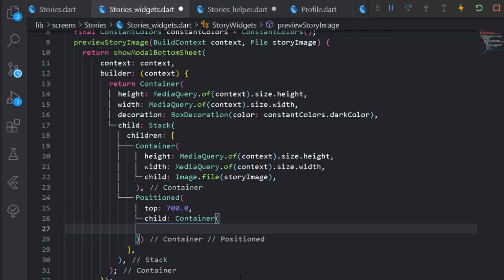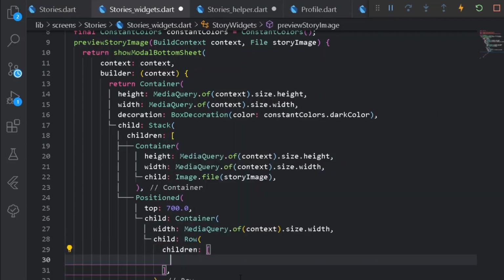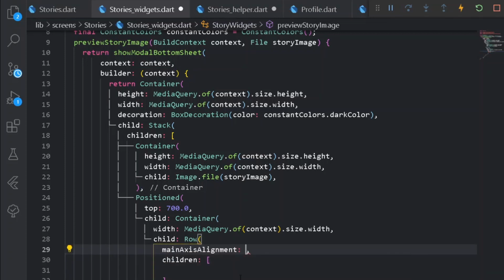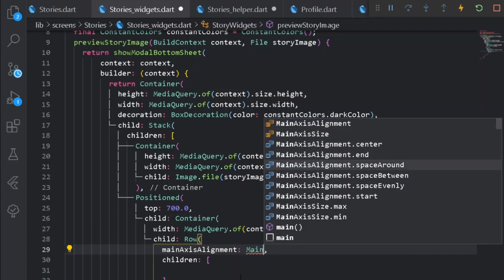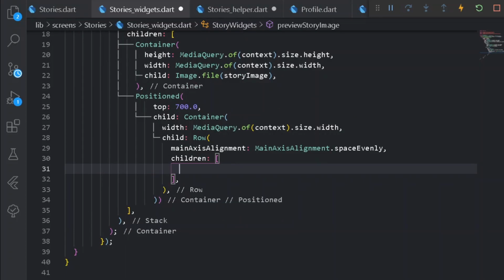Under my container, first of all let's have a width for MediaQuery.of(context).size.width, and after that let's have a child to it in the form of a row consisting of two different buttons for uploading the image or reselecting the image. Here let's have main axis alignment of space evenly. Easy thing.